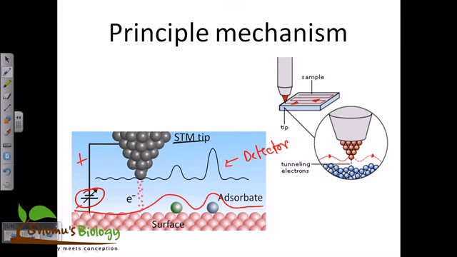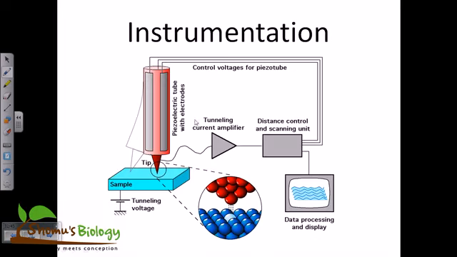And the idea here is this tip will migrate from one place of the sample to another place of the sample, scanning that sample from one place to another, right? So what it uses here is the property of the electron as a wave, for this electron to be inserted into the surface of the sample, so that the current flow is possible, right? So that's how the whole process of scanning tunneling microscopy actually works. And this is the instrumentation of scanning tunneling microscopy.